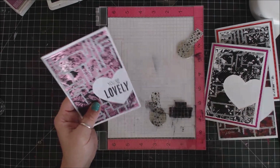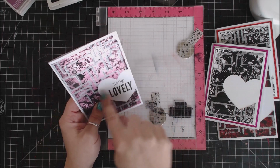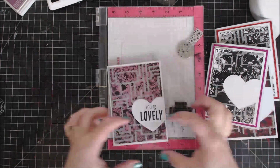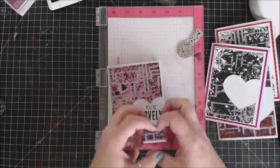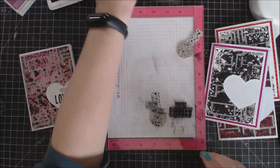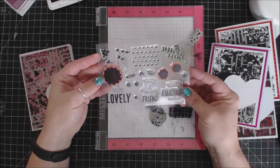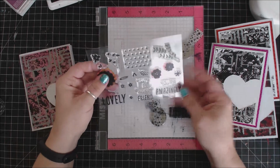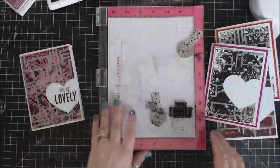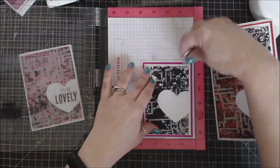So the closest I found that fit in the space, I did have a love, but it was tiny, and I didn't like the smaller heart. It was the wrong perspective. The smaller heart looked like it was too small. It didn't quite fit. And so I found this Your Lovely stamp. This actually is a Catherine Pooler Stamp of the Month Club that I got and picked up at Creativation last year. And so I still have it. It still works great. And so basically I'm just going to lay the entire card down